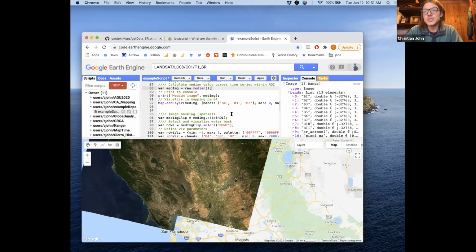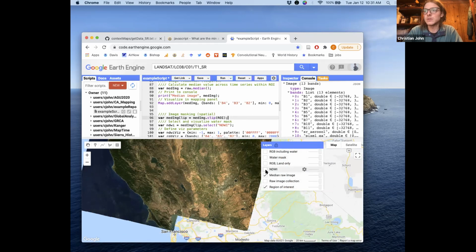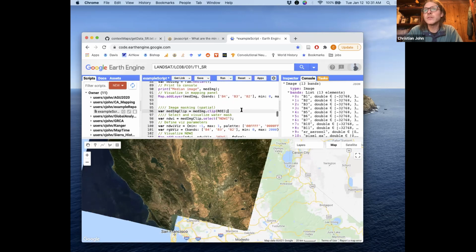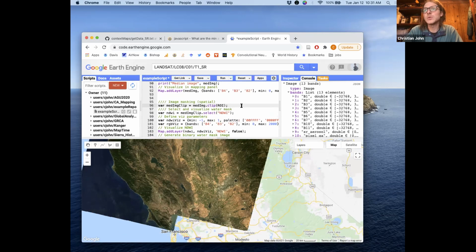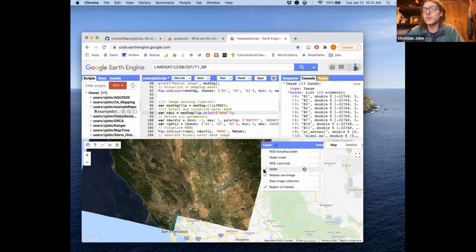So the next thing we'll do is we'll take that image and clip it to our region of interest, because we don't want all this extra data. That's a ton of information that you don't want to have to download. And it looks like I actually did not add that one to the map, so we'll come back to that. But what we can also do is extract just our NDWI layer, which is that water index, and add that to the map. And we can see,